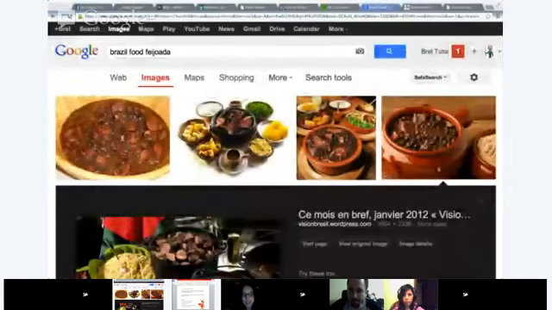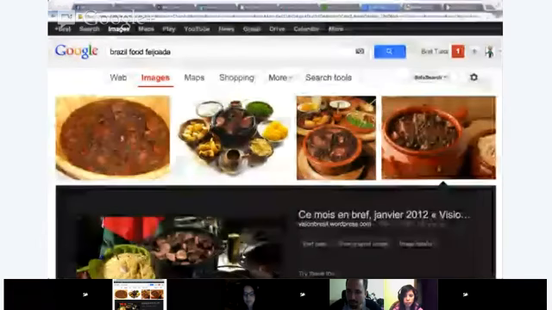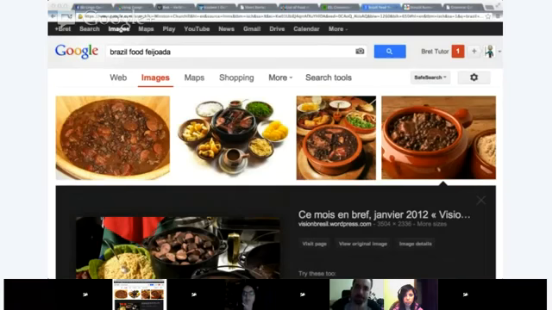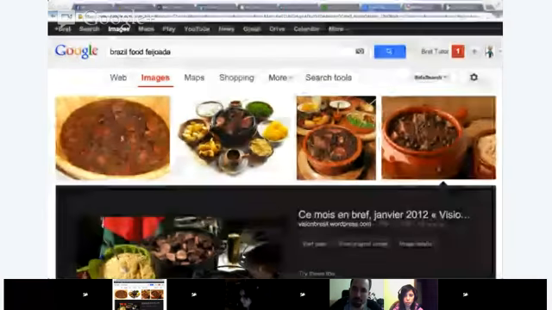Okay, it's a type of food, and I understand heavy describes weight, but usually when you have thick stews, when you have things like that, you can say it's real heavy. You know, it's really thick. It's spicy as well. As I remember eating it, it has a nice spice to it, very flavorful. And you can say it has big chunks of meat. Okay, so those are other ways to describe that.